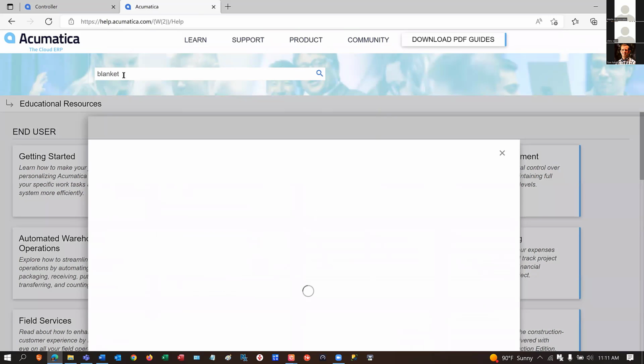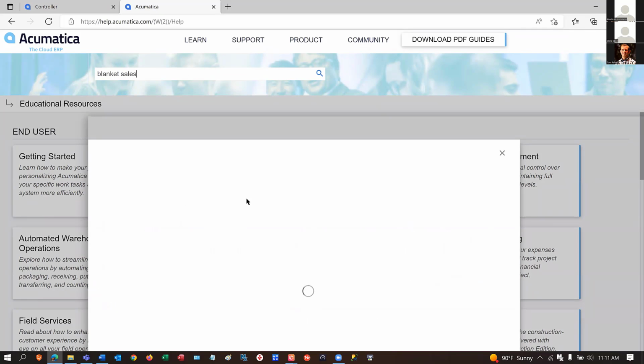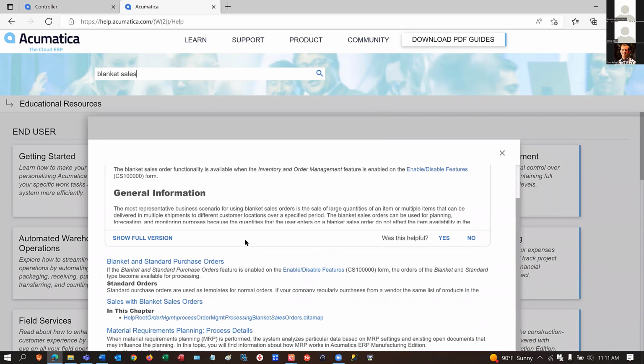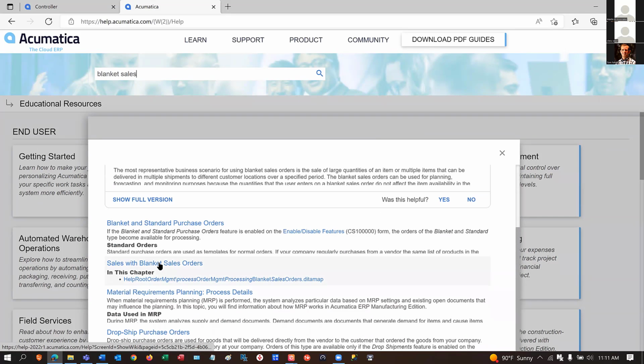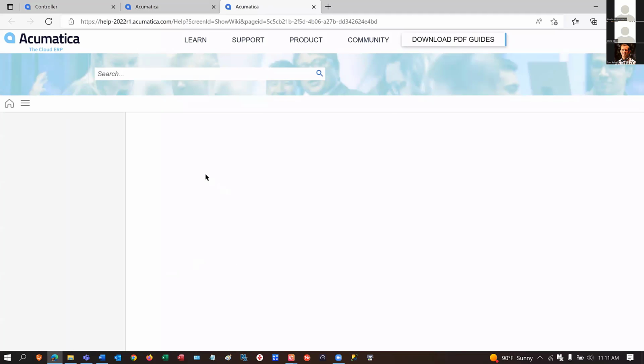blanket sales orders. All right, so there's blanket purchase orders. Sales with blanket sales orders, right? So there's all the help content. We're going to take a look at this feature in Acumatica, but if you wanted to learn about it before